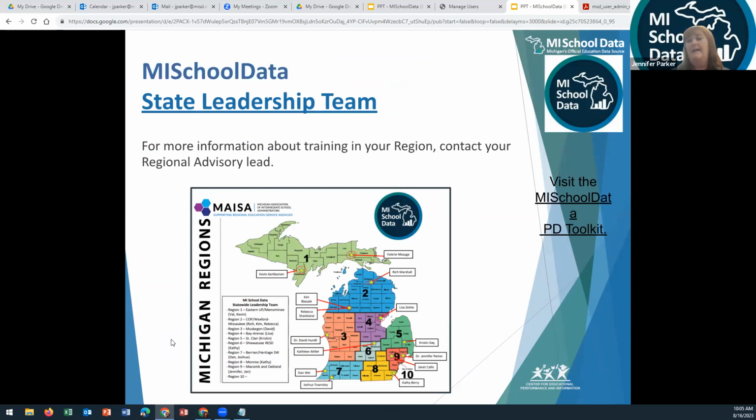Also want to recognize in the house, in the MISchoolData land, if you're new to it, we have a statewide leadership team. They used to be called regional advisors, but now they are just a statewide leadership team network. We utilize the MAISA framework. So you probably have somebody in your region who could be your go-to